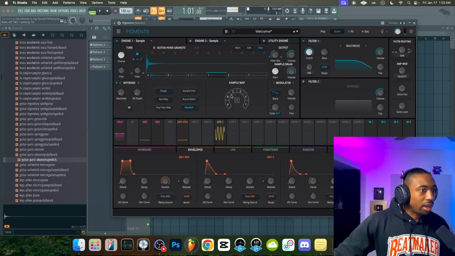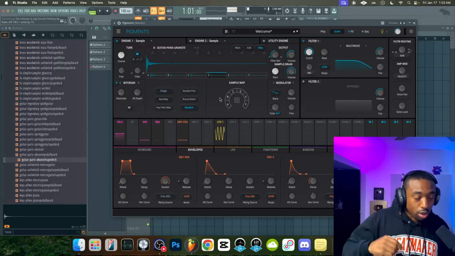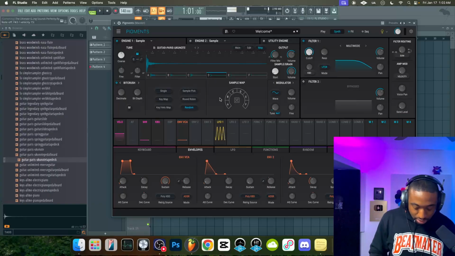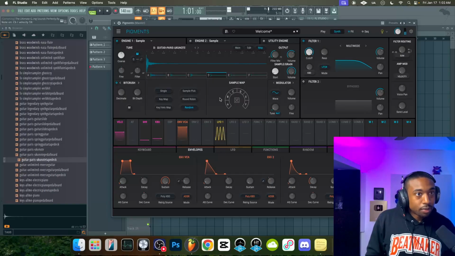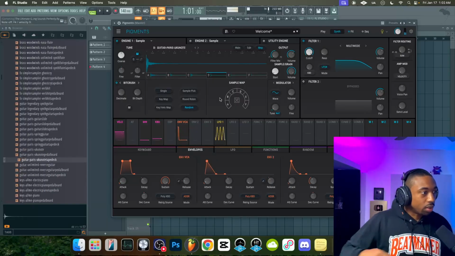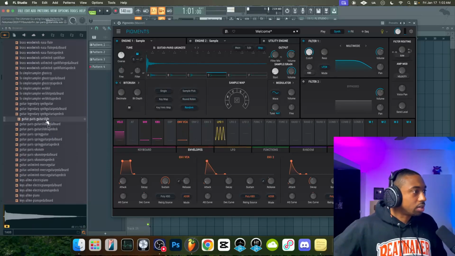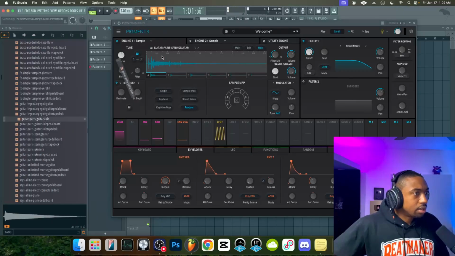Okay, so we're gonna put this on random. So basically every time I hit a note, it picks one of the 6 samples per note. So I could play 6 notes and they all play 6 random samples. Okay, so you get a really unique sound. I'd recommend doing this with guitar sounds mostly. Let's get rid of some of these things.